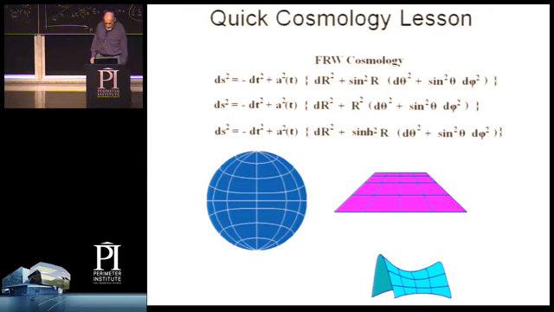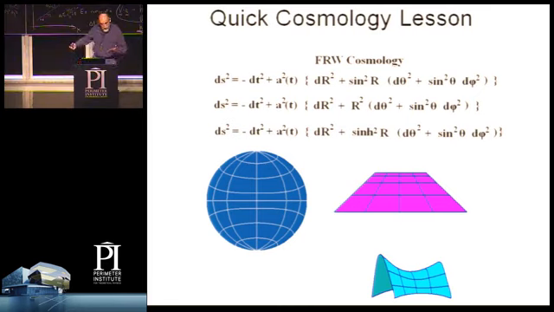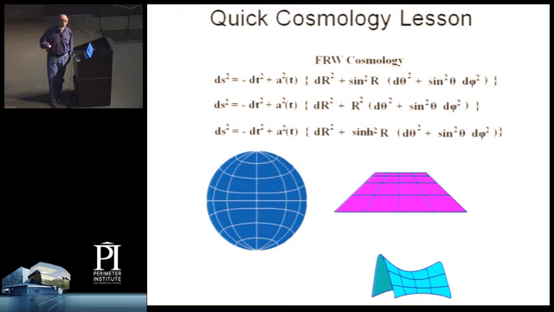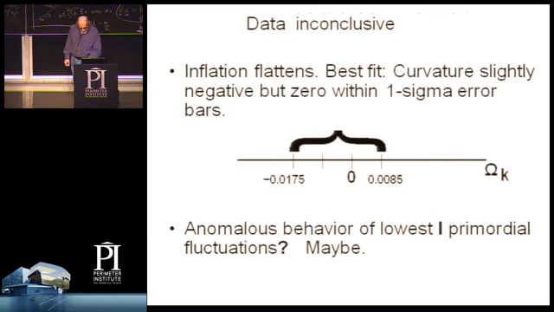Okay, quick cosmology lesson. There are three kinds of cosmologies. You all know them. I won't go into them in any detail. The only thing I want you to know is that I will use the notation R, capital R, for a radial coordinate. And the rest of it you don't need to know, other than to say that there are three kinds of standard, absolutely standard cosmologies: closed FRW, flat FRW, and negative curved FRW. Negative curved has always been a bit of an orphan. Nobody's ever been quite as serious about it as the other two cosmologies.